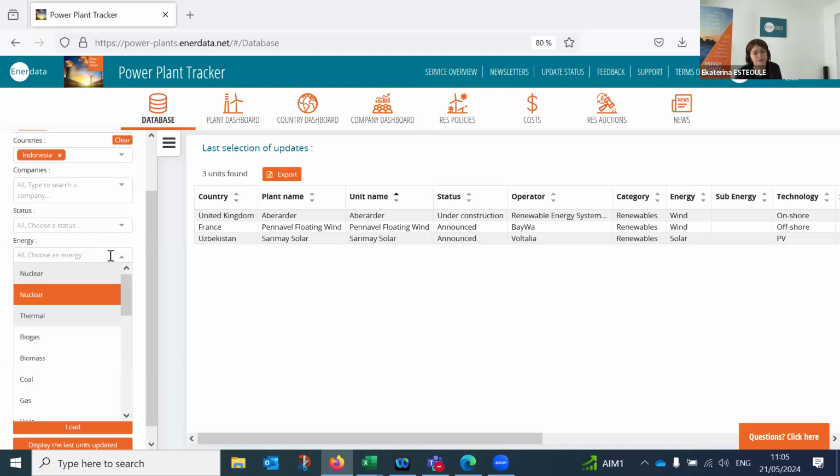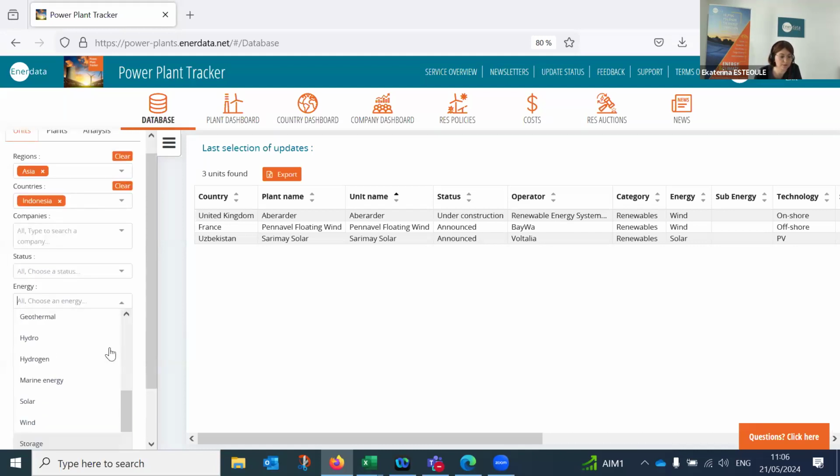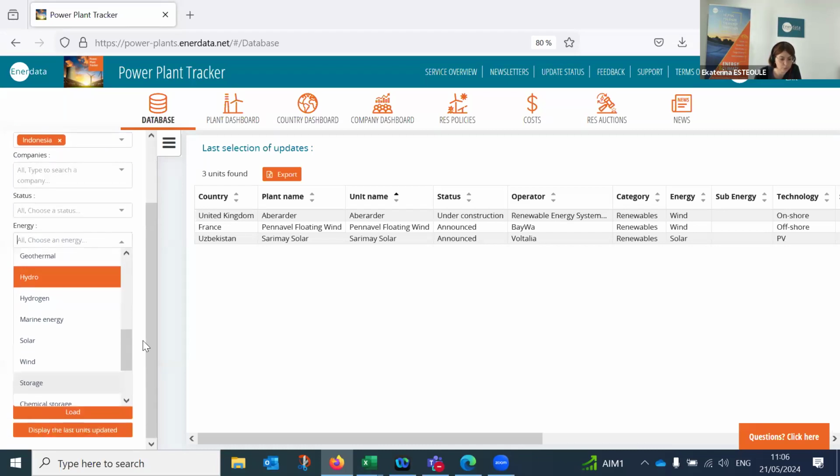Energy bar. Here is a very useful filter for you to make your search on a specific energy: nuclear, thermal, renewable, or even storage.